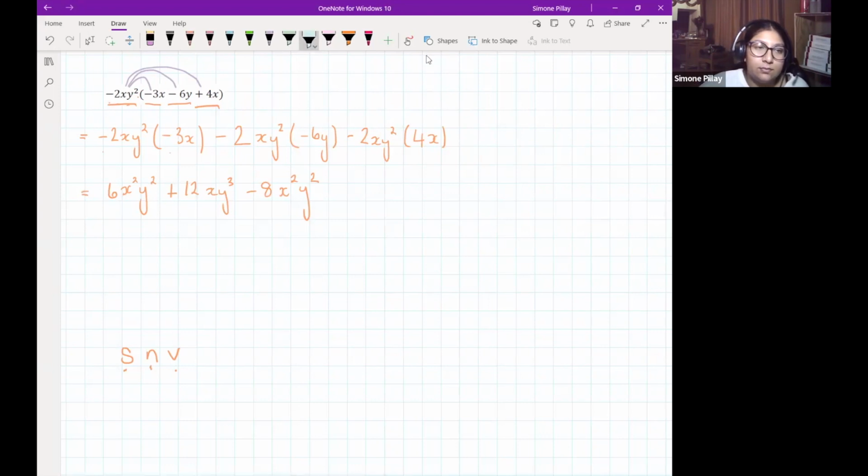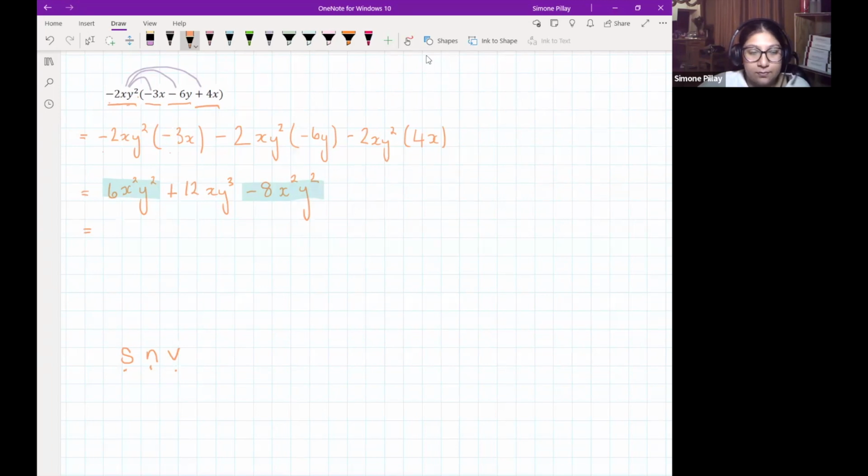We do our unlike terms, and we're going to plus our unlike terms. We're going to say 6x cubed y cubed minus x cubed y squared, which is going to be